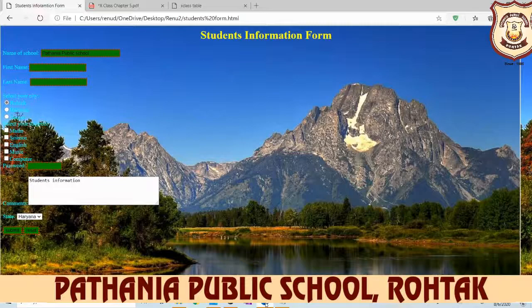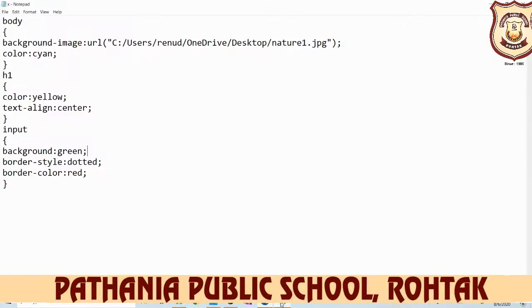Okay, so this is your CSS with HTML. You write down your coding or your formatting in another web page, in your CSS file, and your implementation will be done on your HTML page.